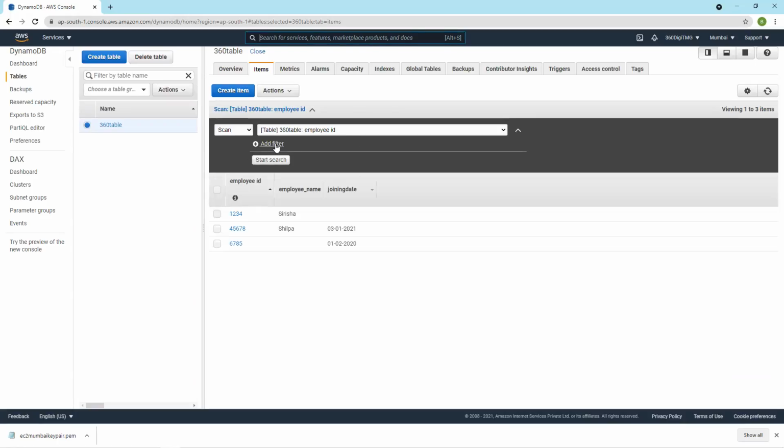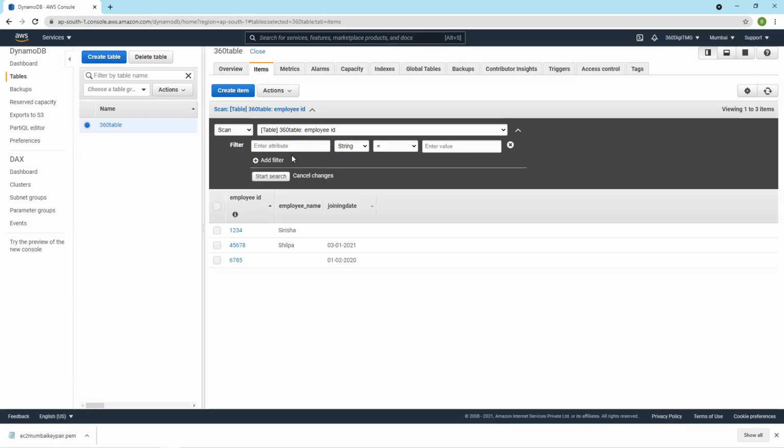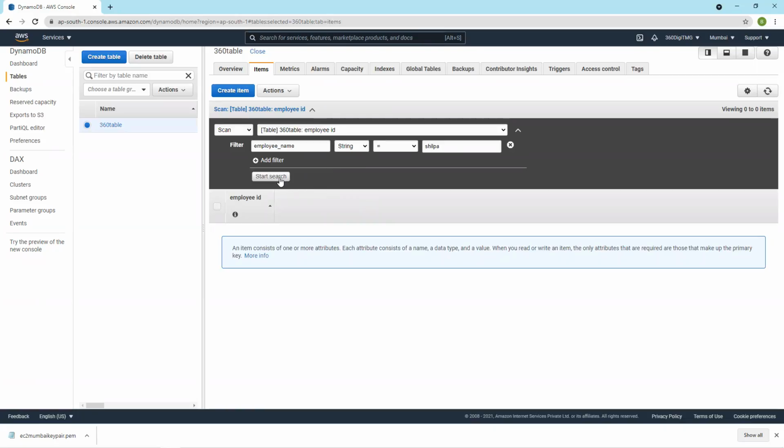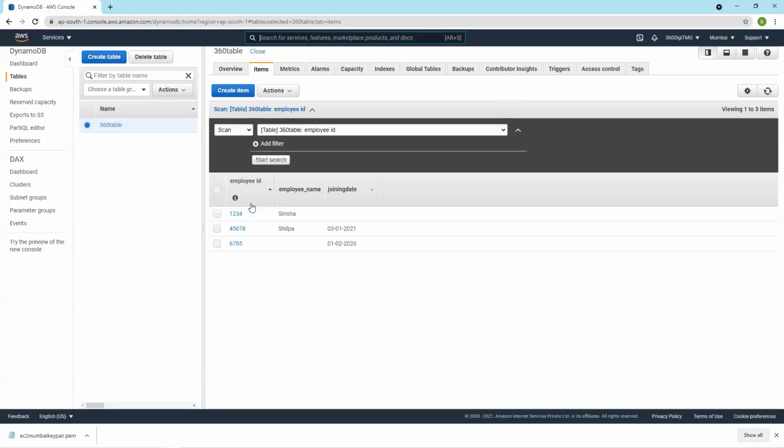So scan the table, add filter. If you want to use the attribute joining date, or you only want to use employee name, and value, add filter.